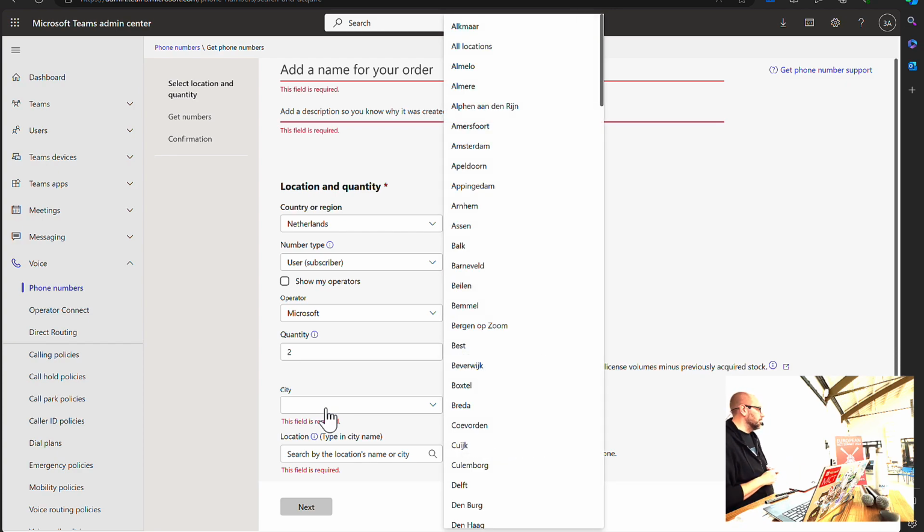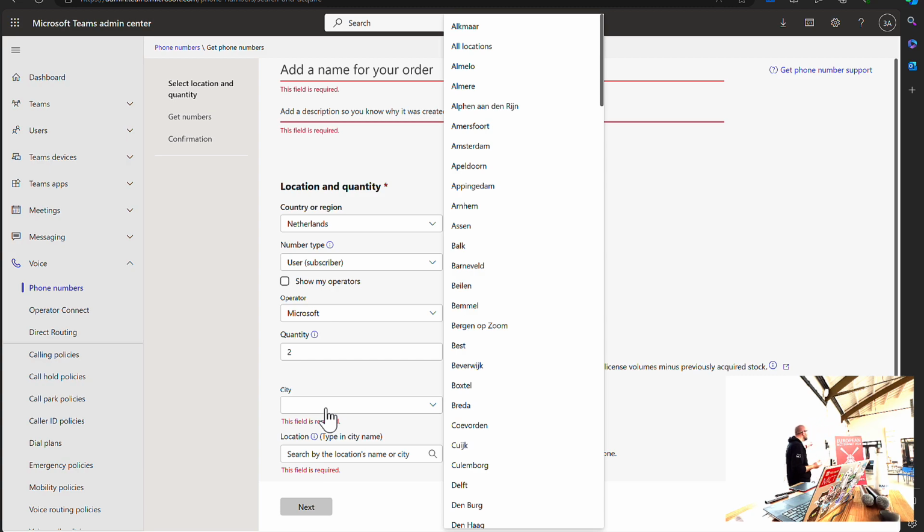And I need to provide the city I'm in. This will determine the first part of the phone number, the netnummer, as we say in Dutch, the region code. It doesn't have all the Dutch cities in this list. I don't know what that's like for other countries. But basically, I live in Heemskerk.